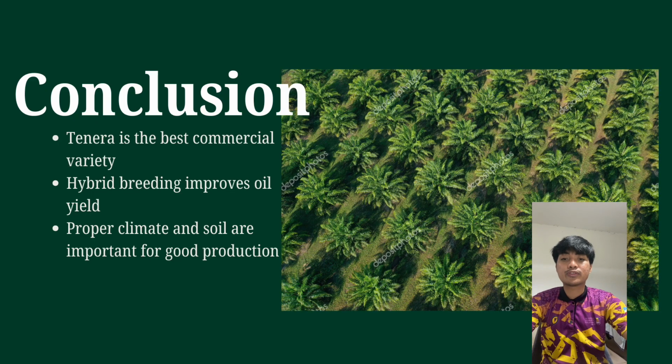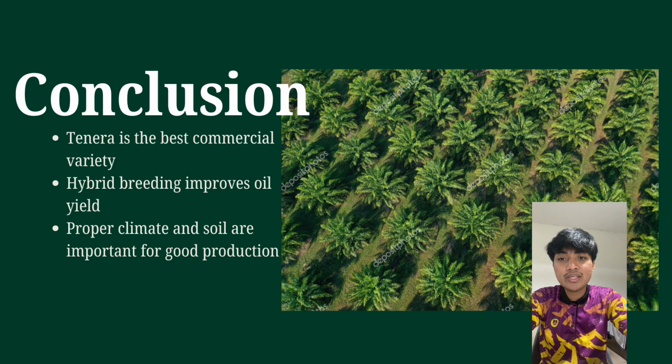So, in conclusion, oil palm varieties play an important role in the plantation industry. The three main varieties are Dura, Piscifera, and Tenera, which each have different characteristics and functions. Among them, Tenera is the best commercial variety because it combines the good characteristics of both Dura and Piscifera and produces the highest oil yield. Proper breeding, climate management, suitable soil conditions, and good plantation practice are important to ensure sustainable and profitable oil palm